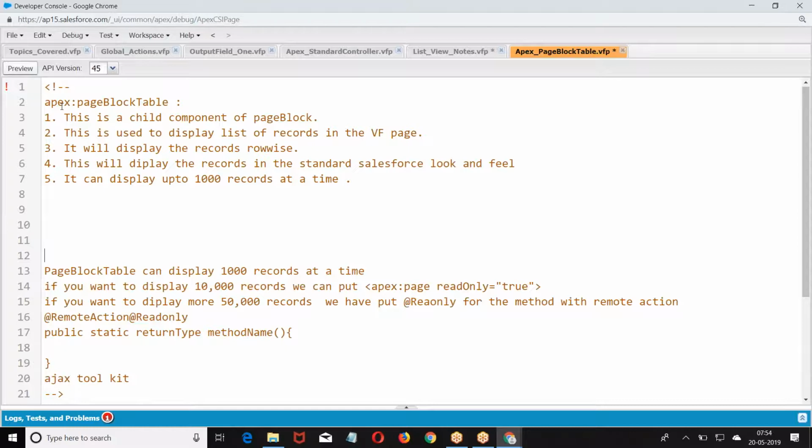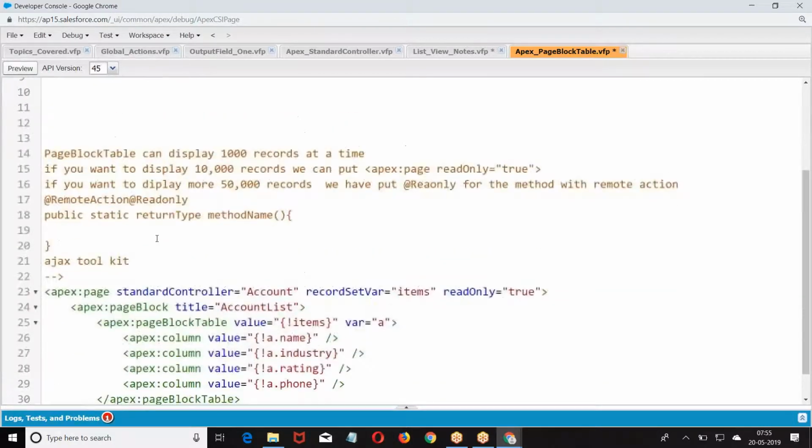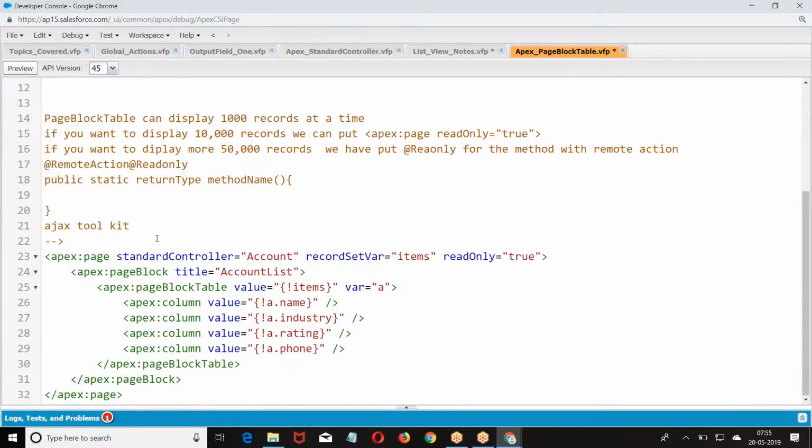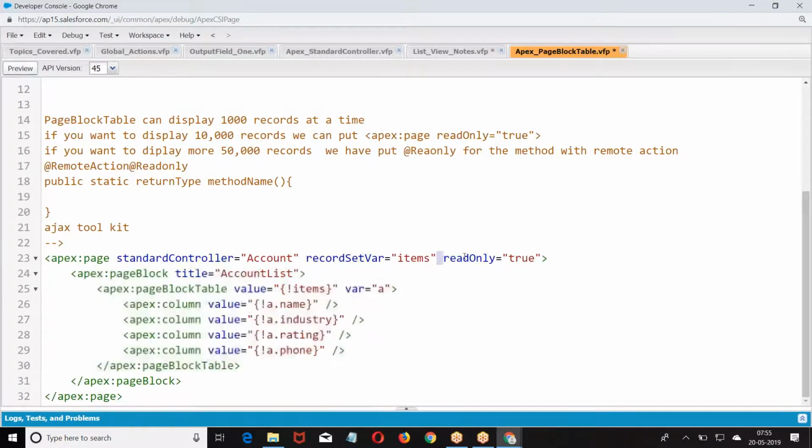Now what are the attributes we have? I will define the attributes. Meanwhile, people are good with this example, right? Now take a contact object and display the data. All of you take a contact object and display the data.